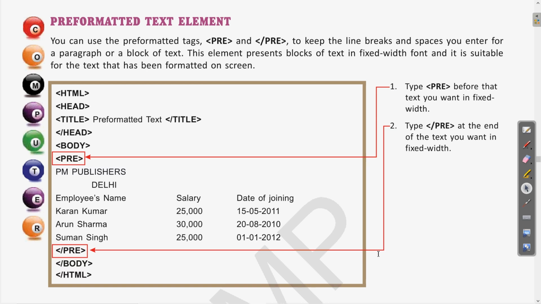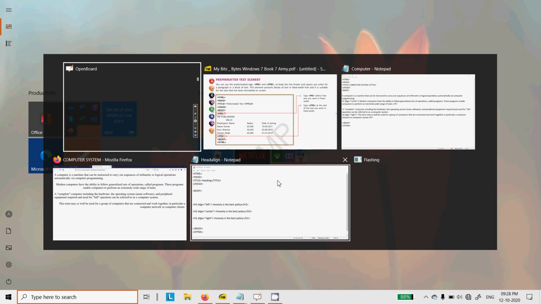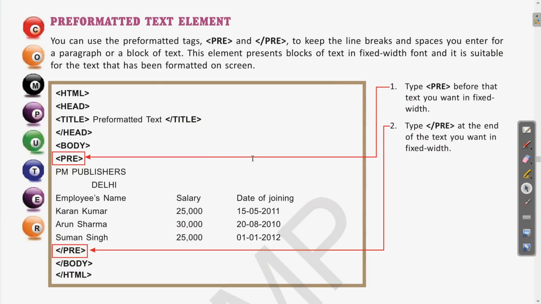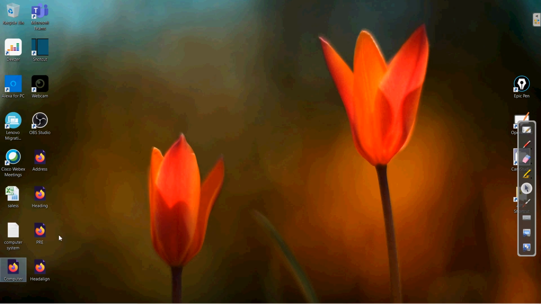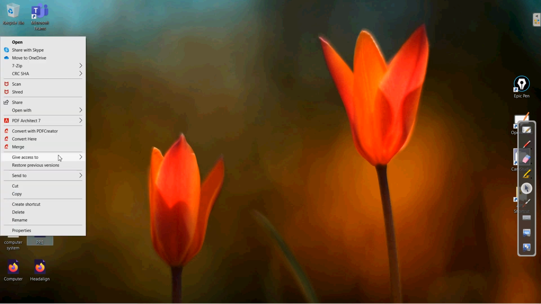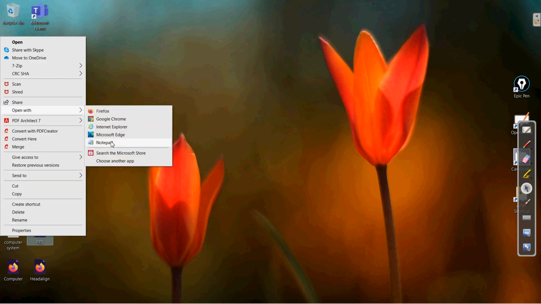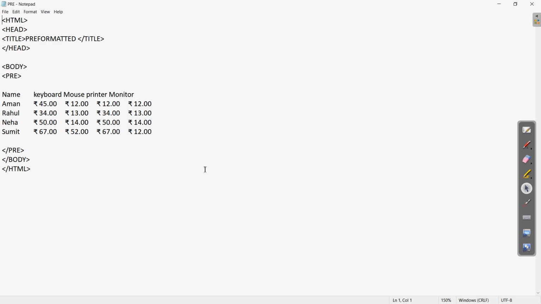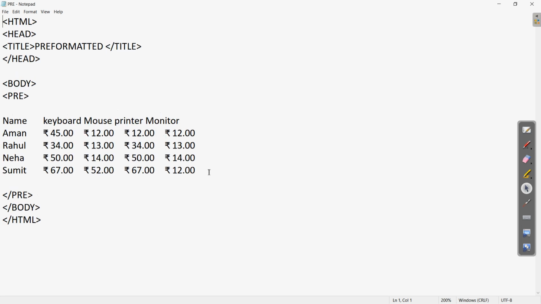pre-formatted tag. So if I open a previous example, let us close these examples which we have written just now, and I have written a program for this pre-formatted tag. Let us open this in the notepad and then we will see. So here it is an example of this pre-formatted tag.